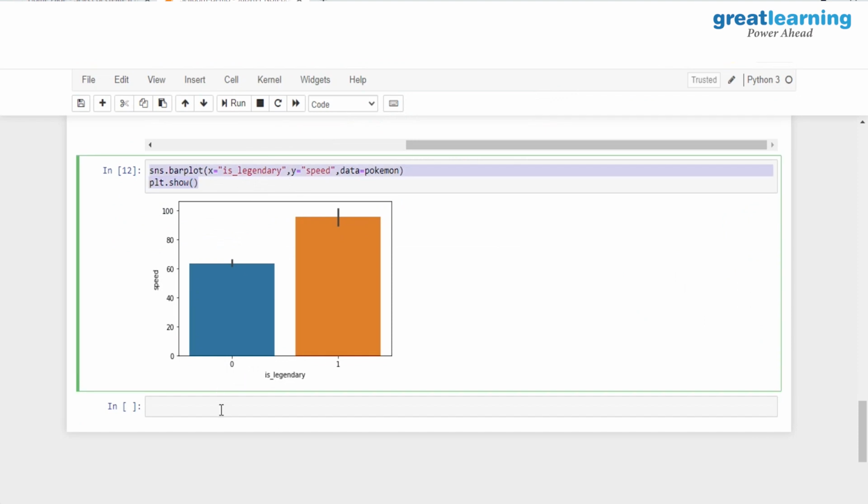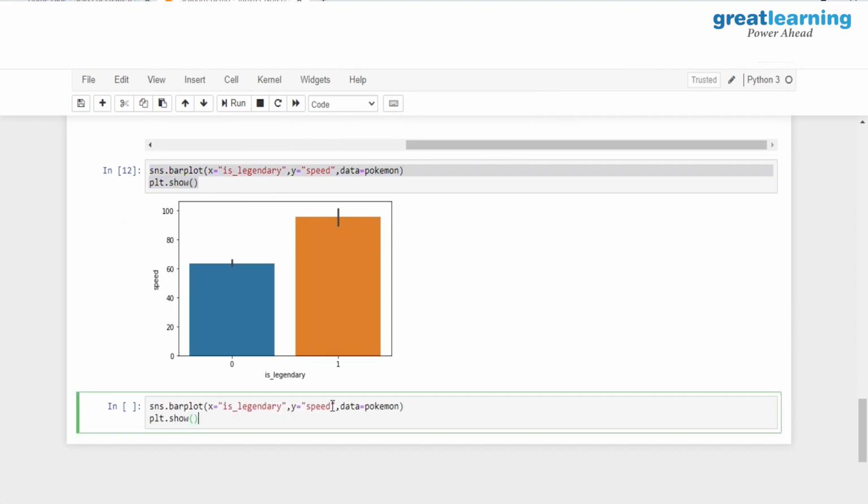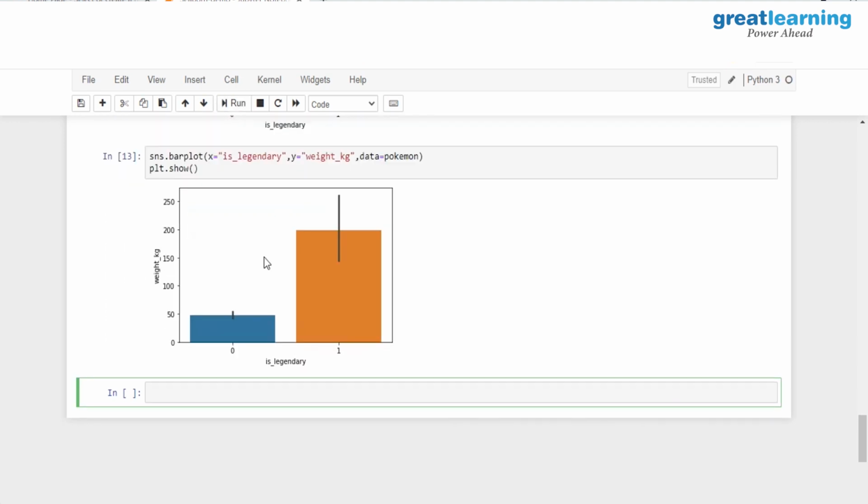I'll cut this out, I'll paste it over here. And instead of mapping speed, I have the weight_kg column. And when I hit run, you would see that the weight in kg of a legendary Pokemon is much higher when compared to the weight in kg of a non-legendary Pokemon.